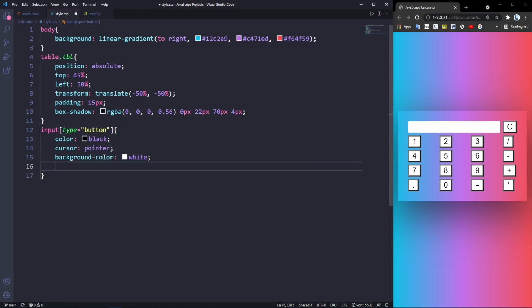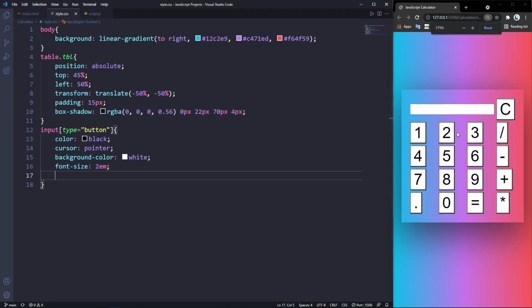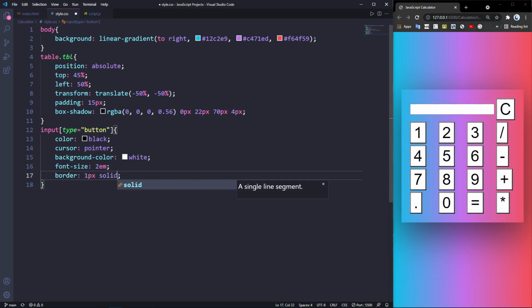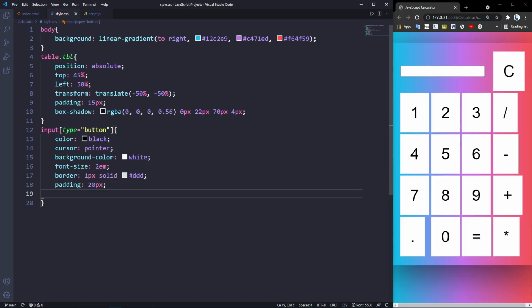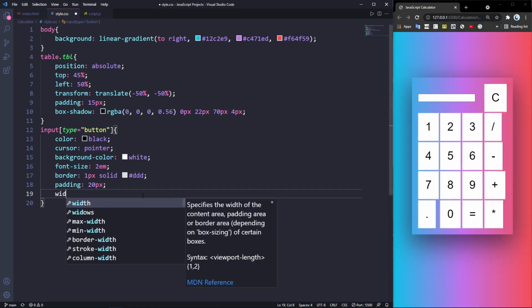Background color white, and I'm gonna set the font size to 2em. Right, so set font size 2em and set the border to 1 pixel solid, hashtag DDD. Okay, and set some padding, 20 pixels, and set the width to